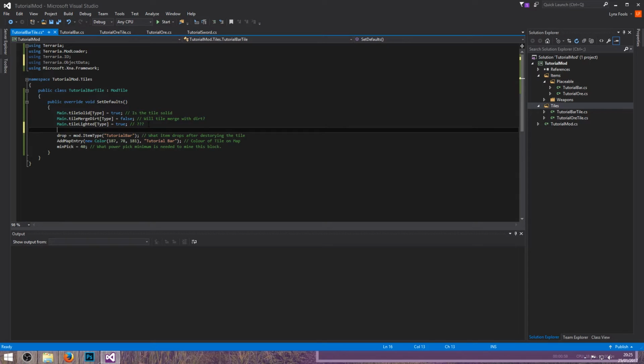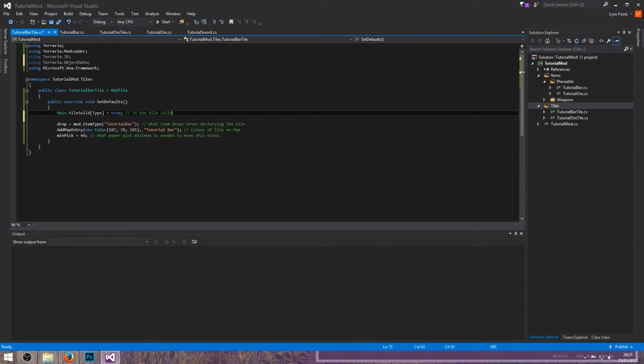So over here, we just want to remove most of the stuff except this top line. You will also want to add in the following: using Terraria.ObjectData. This is an important namespace to use when creating the tile for the bar. This is optional, by the way, but if you want to stick to the Terraria style, you want to do this. So you want to add a new line of code called